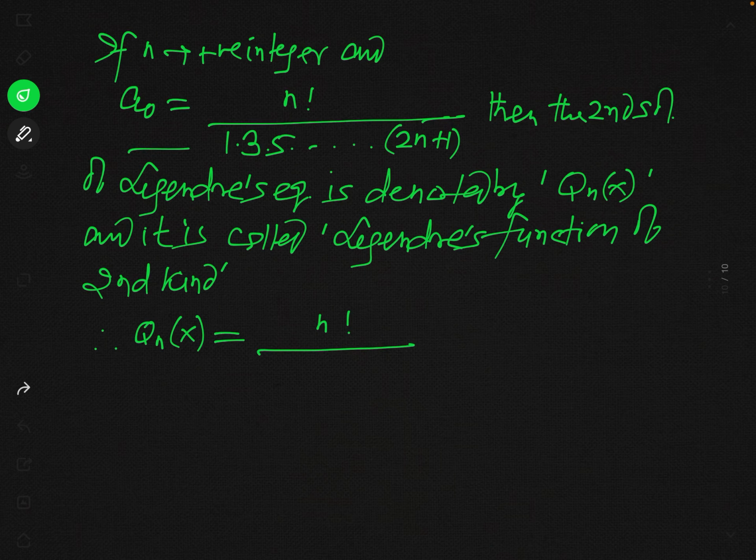So this Qn of x will be written as, in place of a naught, what will you write? This value of a naught: factorial n divided by 1 into 3 into 5 into so on into 2n plus 1, into